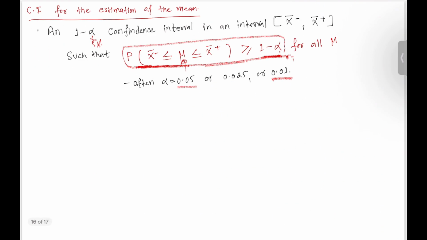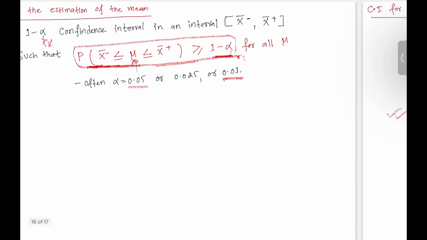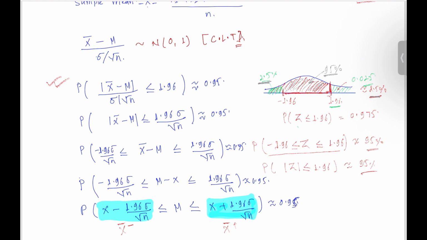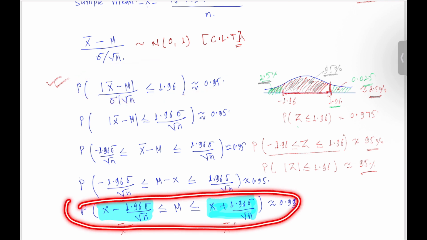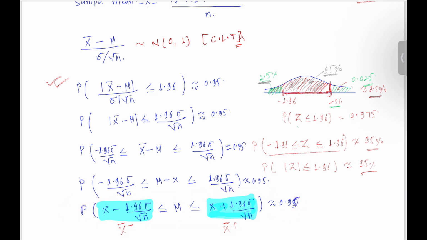And this is the interval we were trying to estimate, right? So this event is algebraically identical to this event, right? And this statement tells us that there is a probability approximately equal to 95% that the confidence interval constructed this way contains the true mean of the unknown parameter or true mean of the population,